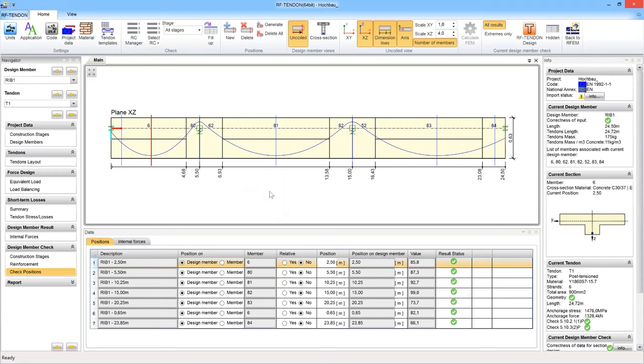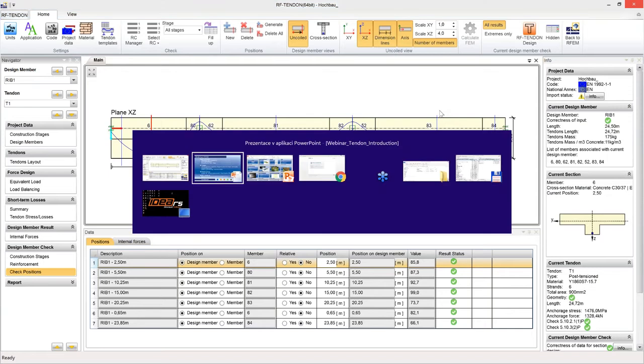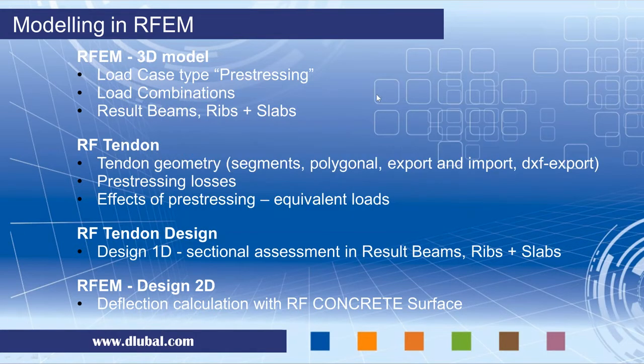Of course, we can generate reports both in RF-Tendon Design and RF-Tendon, but I think as an example it was enough, and we can go further. So I explained the design, or I would say the sectional assessment or sectional check, in result beams and ribs,